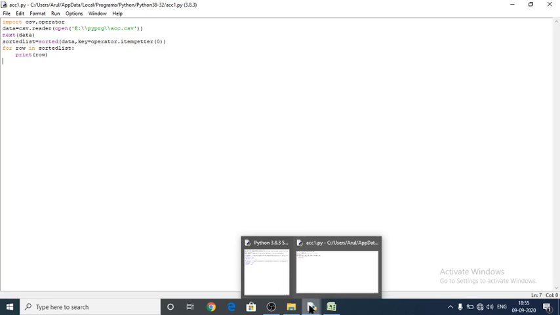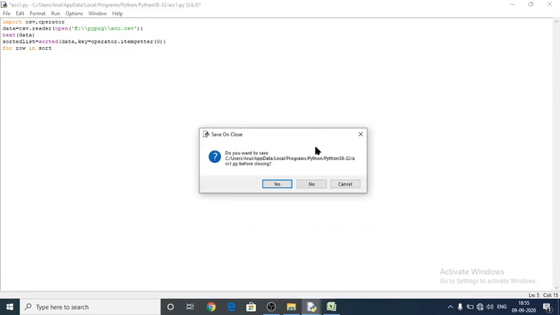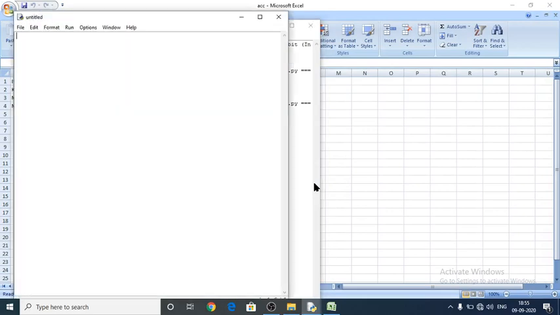Here we are going to read a CSV file into a dictionary. So for that I am going to create a new file, and here the same thing. First of all I have to import csv, and after that I have to specify the file name, which file I want to read into a dictionary, and for that I have to create a data variable.